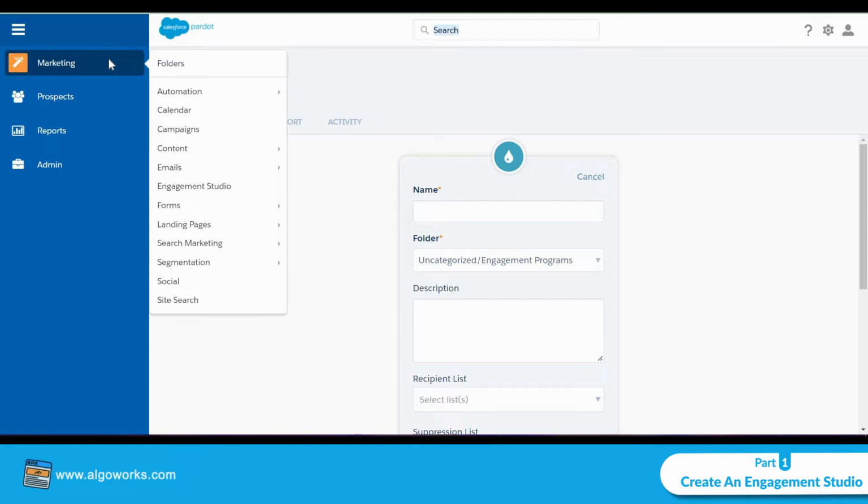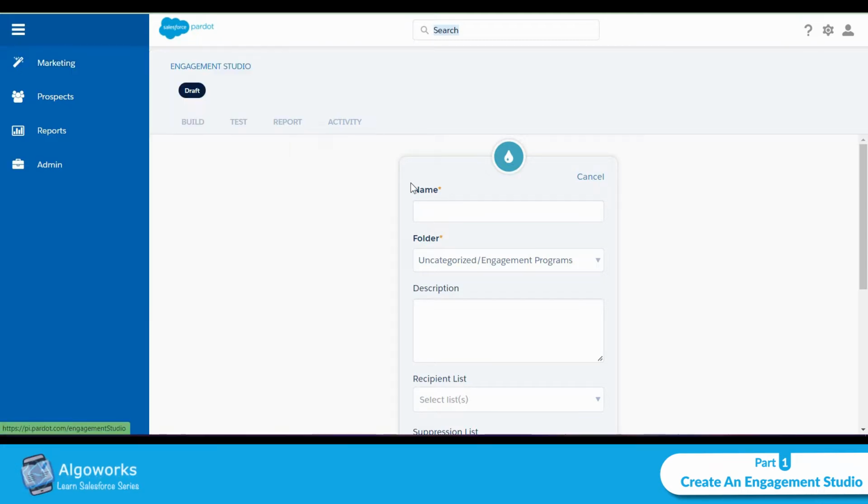In this Salesforce video I'm going to show you how to create your own engagement studio program in Pardot. So first go to the marketing section and then go to engagement studio. When you go to engagement studio, click on add engagement program to create a new engagement studio program,